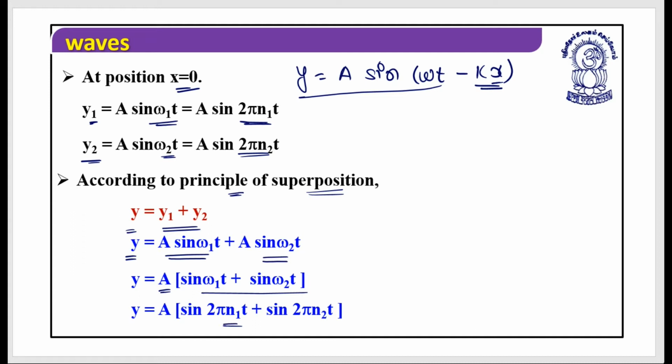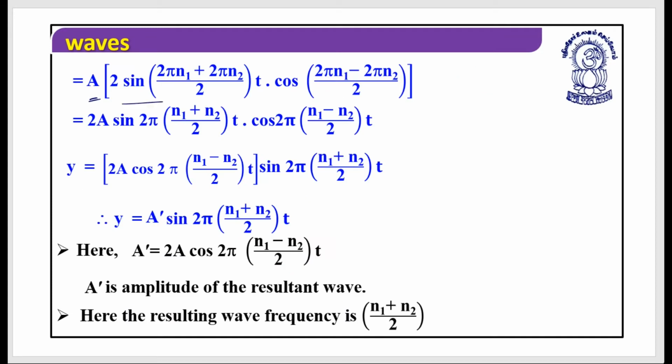This is equal to a sin 2πn1t plus sin 2πn2t. So this is equal to a[2 sin((2πn1 + 2πn2)/2) cos((2πn1 − 2πn2)/2) t], and this is equal to 2a sin 2π((n1 + n2)/2)t · cos 2π((n1 − n2)/2)t. So if I simplify this, then this term